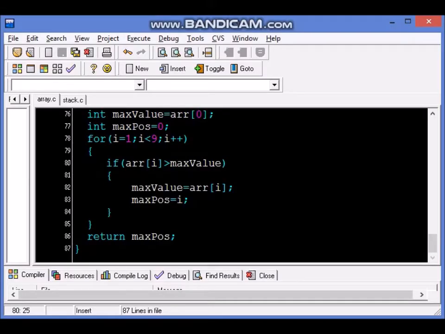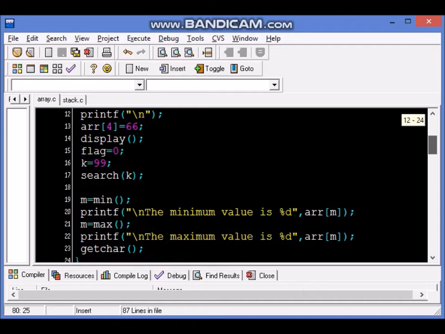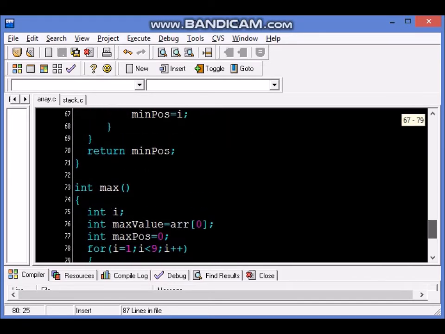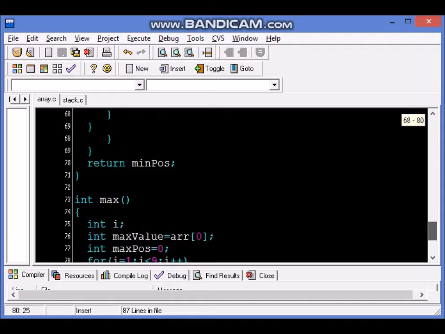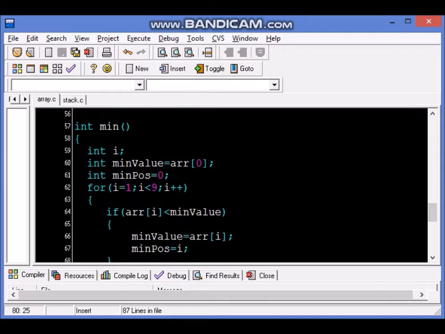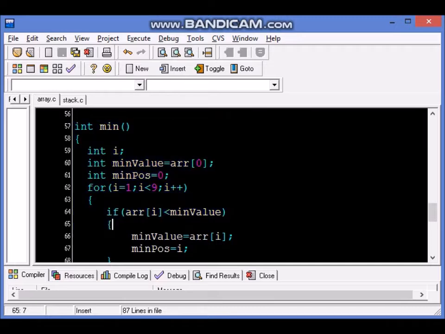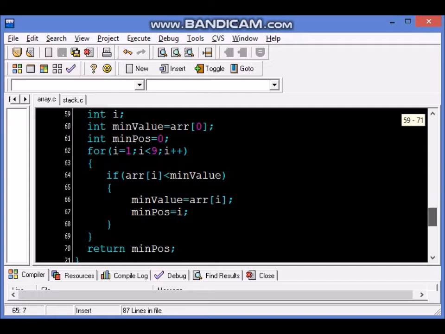So let's look at a code. We will take the code of the array which we had used earlier, and now we will use the min code which we had used last time as a possible way of doing it, because we are going to search for the minimum value each time.